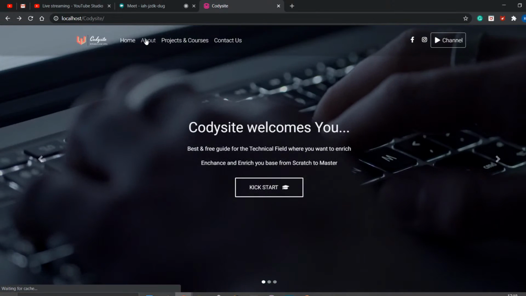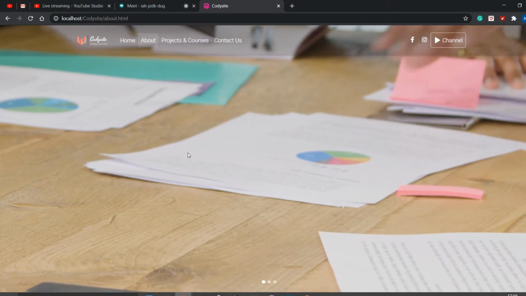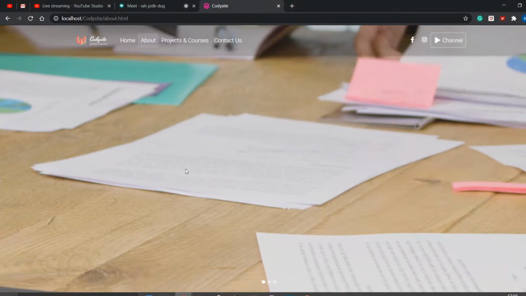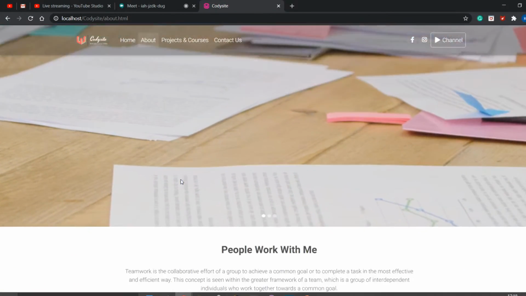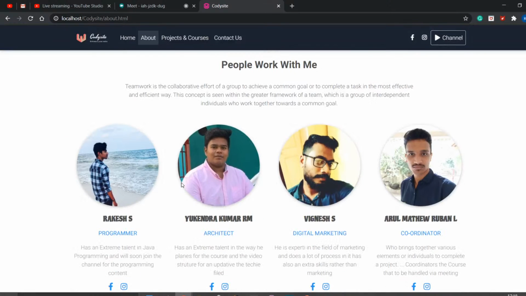And when I go to About, it shows my teammates who helped me a lot along the way. So this is about our content. The people who work with me are Rakesh, Yugender, Vignesh bro, and Arul Matthew. Rakesh and Arul Matthew are connected in the Google Meet, and Rakesh is very good in Java actually. Arul Matthew, thanks for coordinating the team here, and thanks for the work you did.